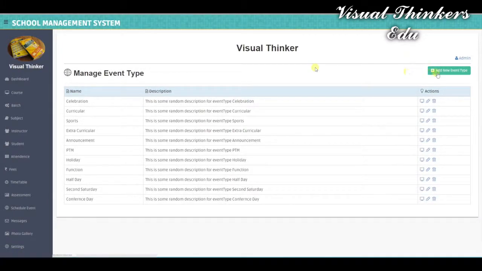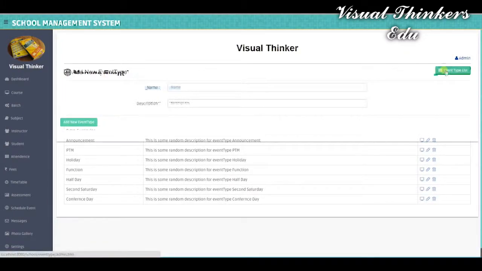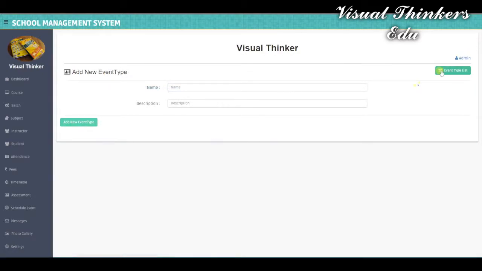Now if you want to add a new event type, click on add new event type and insert the information. My new event type name is news, and I'm just inserting dummy data.